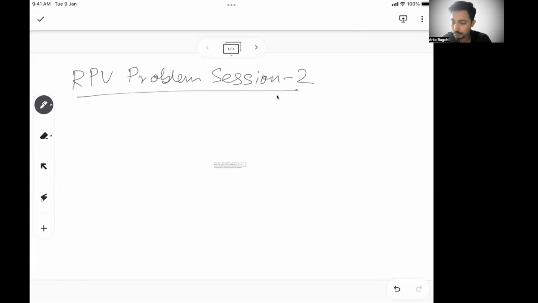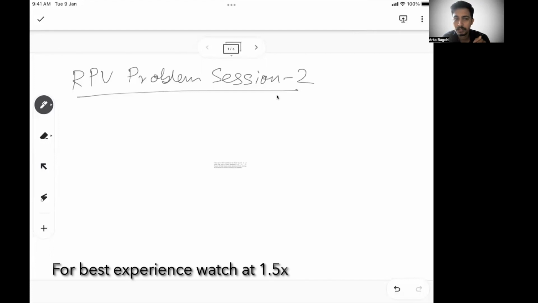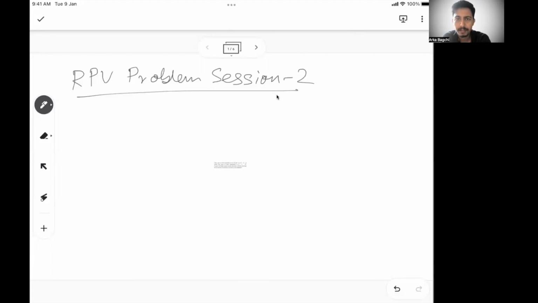Welcome back, friends. So we are getting into another session of ratio, proportion, and variation. We have done a topic on fundamentals of ratio, proportion, variation, and the previous session was on problem level one, where we solved a few problems and tried to understand the basics through those problems. This session is primarily focused on the level 2 or a little advanced level problems in ratio proportion variation.